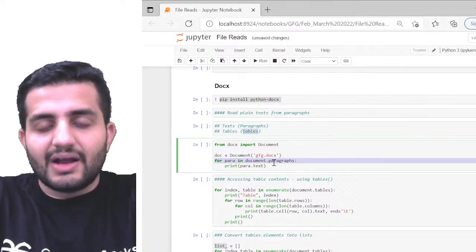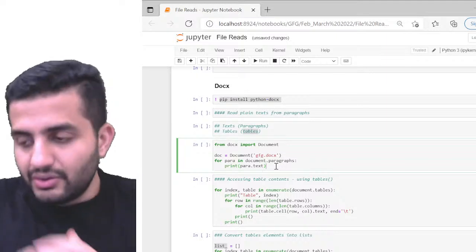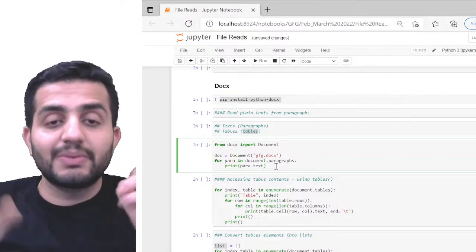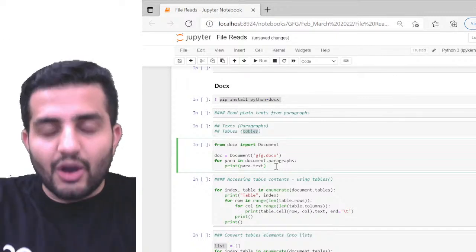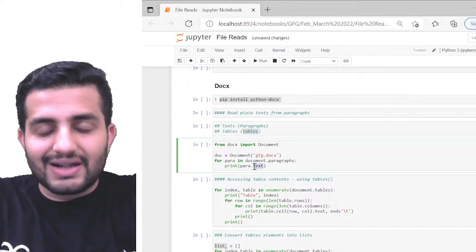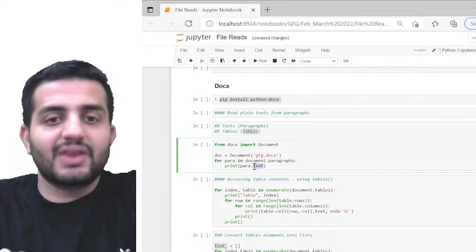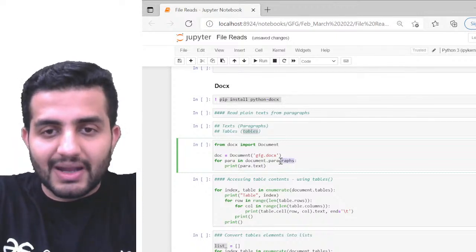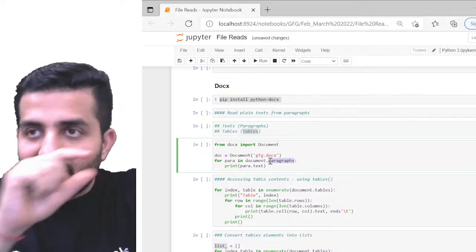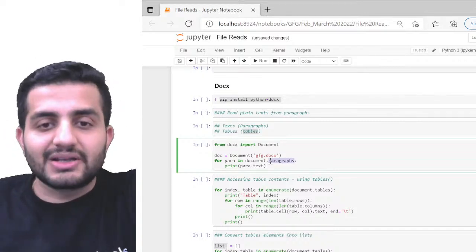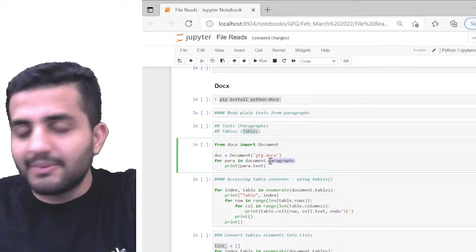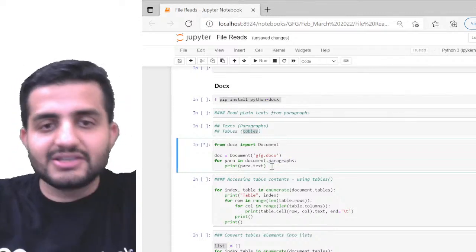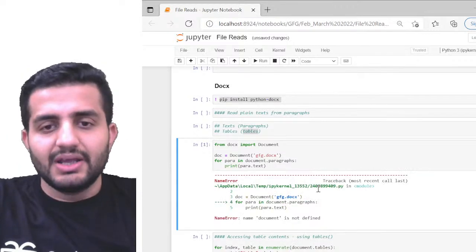Now for the paragraphs, if I have to print out all the text that is part of my paragraphs, that's my actual plain simple text. We get the text like para.text. The text is my actual function which prints the textual content present in my paragraphs. A paragraph is nothing but the lines where my contents are present. It will not have the tables. Except for the tables, all the content will be printed here. Plain and simple.